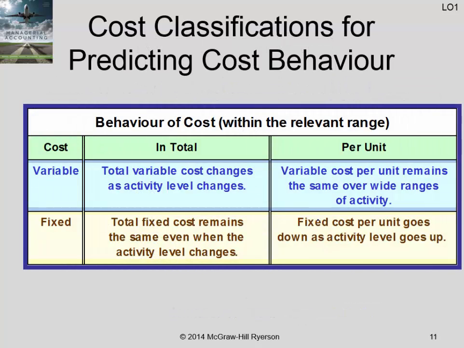So again, to summarize, variable costs change when the activity level changes, and fixed costs don't. You can look at the per unit amounts, which behave differently. One of the interesting elements here, if you look at this, fixed cost per unit goes down as activity level goes up. So what this can mean is a lot of companies in the manufacturing business, if they have high fixed costs, if they produce a whole pile more output, then their costs per unit go down, right?